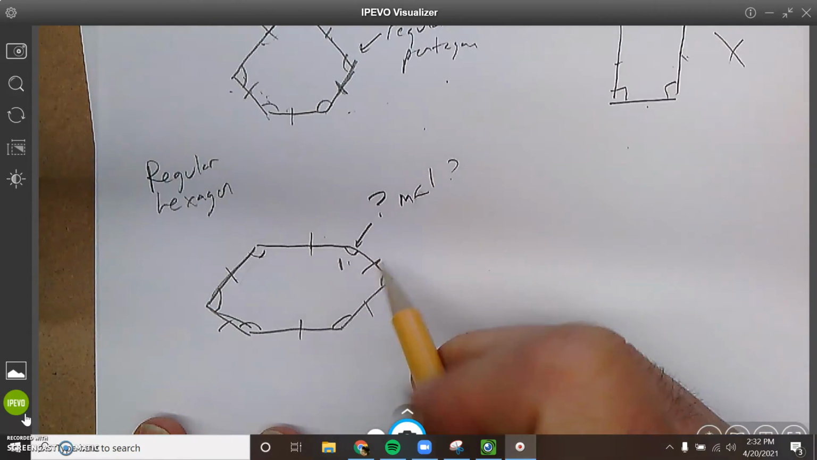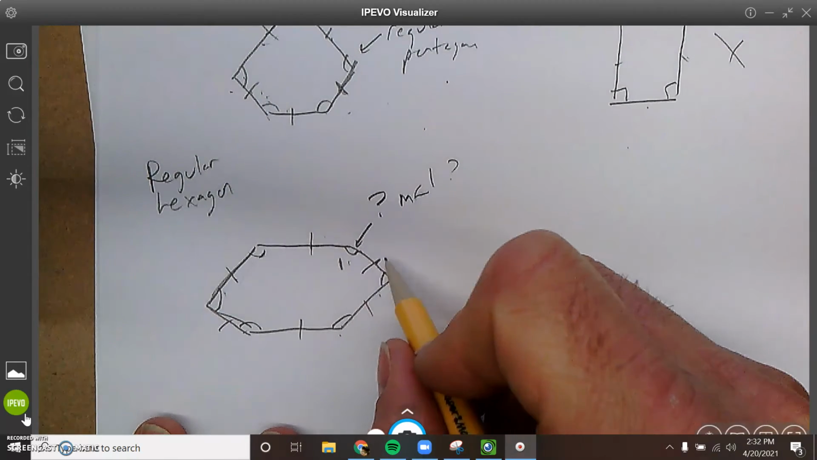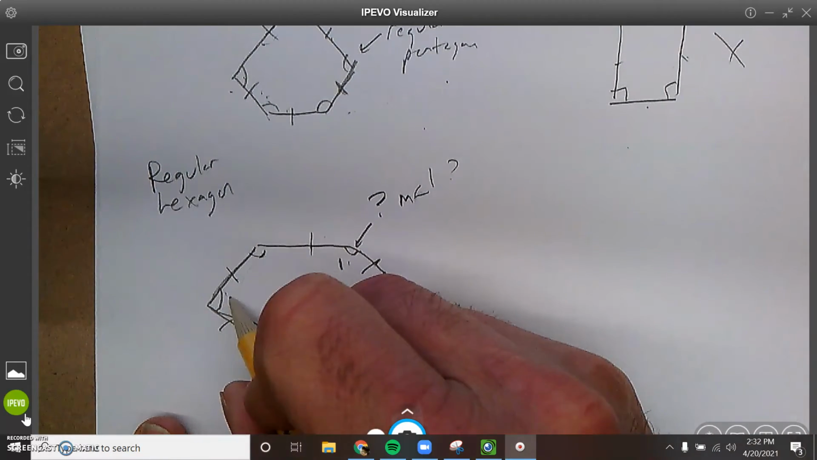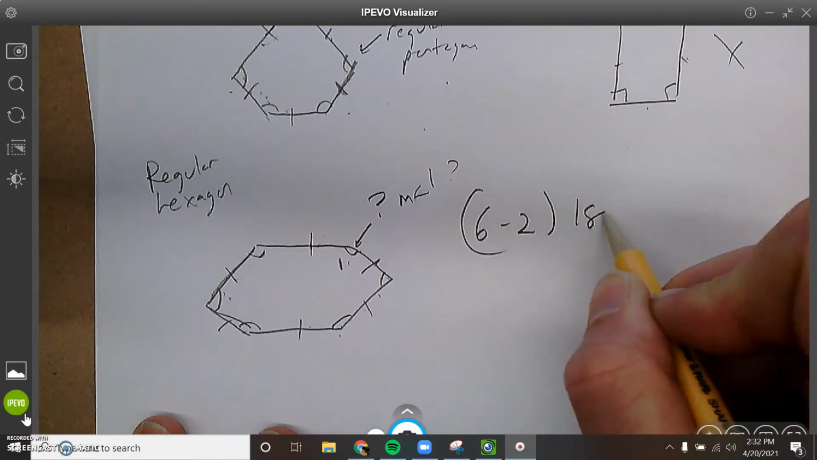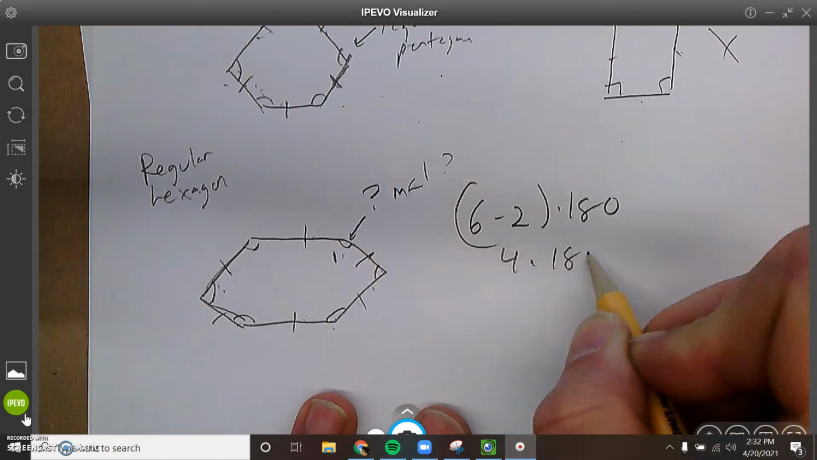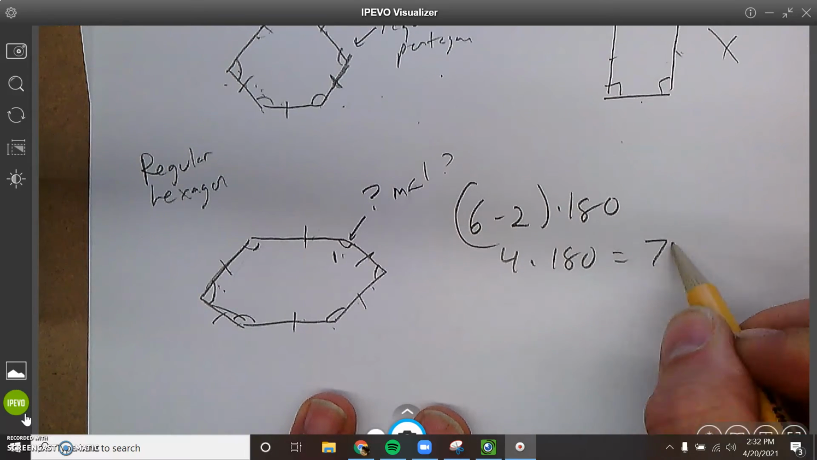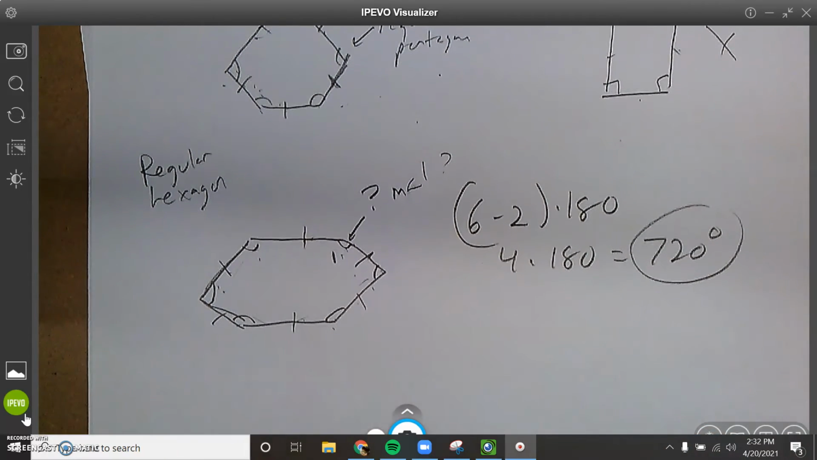What is that? The measure of this angle is the same as all the other ones. Okay. Well, we know that this is a hexagon, right? 1, 2, 3, 4, 5, 6 sides. So 6 minus 2 times 180. So that's 4 times 180, which is what? Yeah, 720. So all the angles in a hexagon equal